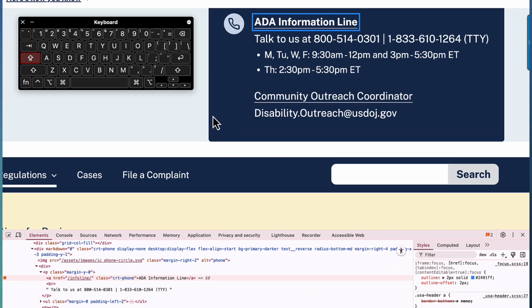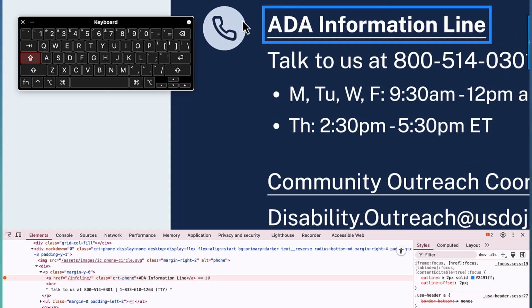Okay, so now I want to test this color with the adjacent color around it. Adjacent colors are a kind of complicated aspect, but think of it as the color right next to the other color you want to test. So this is going to be this dark blue color here. It's not going to be the color of the website, but the dark blue, because the outline is directly on top of the blue.